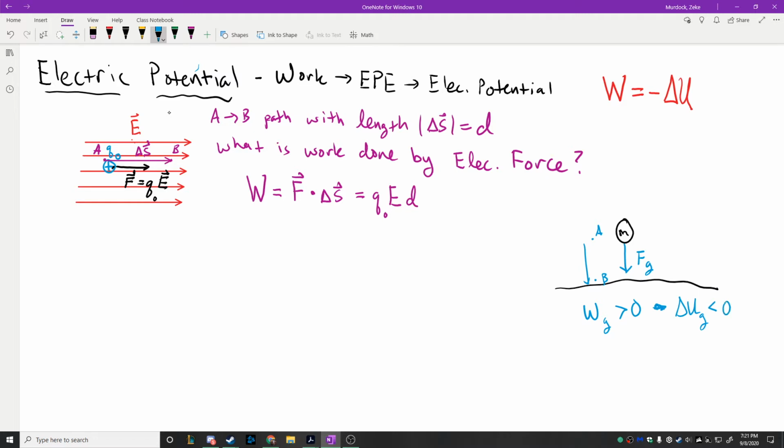Does everyone follow that idea there? Do you remember potential energy well enough to understand that potential energy is high when an object's really far above the surface and it gets low when the object gets close to the surface? Because after all, the potential energy due to gravity is just mgh, right? Or mgy. So if the ball moves upwards, if it goes from A to B like this,